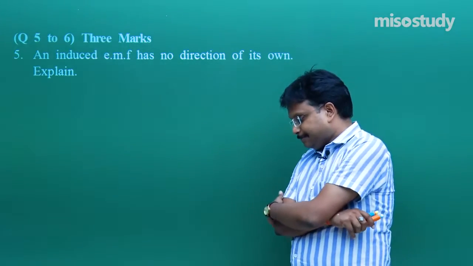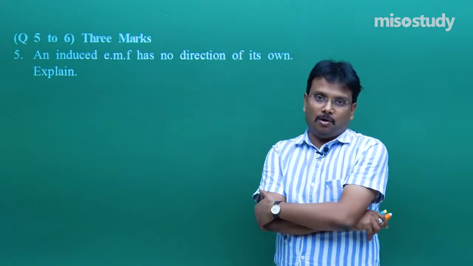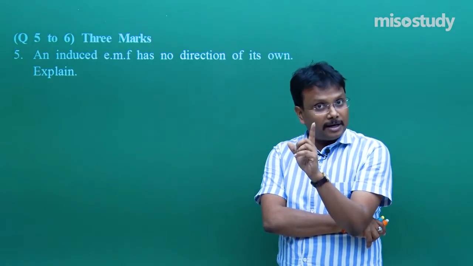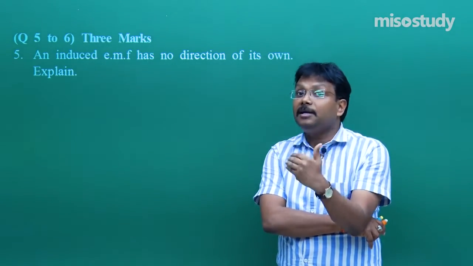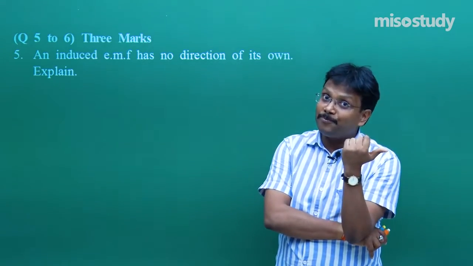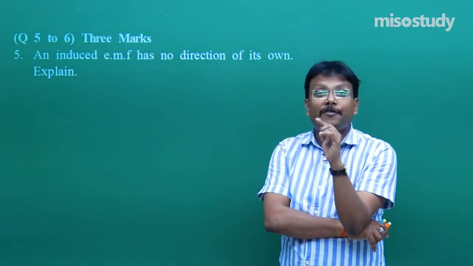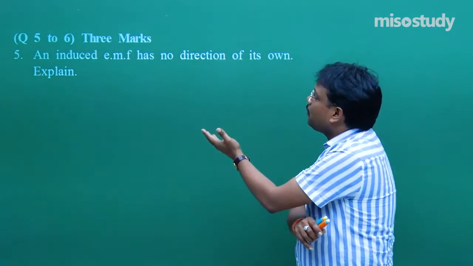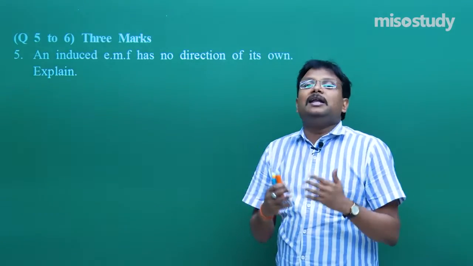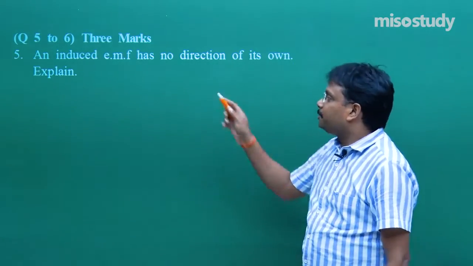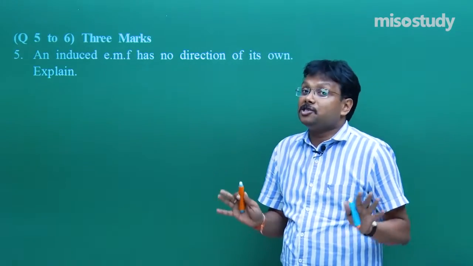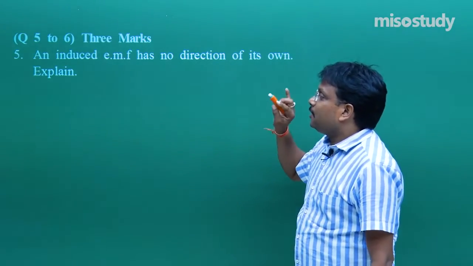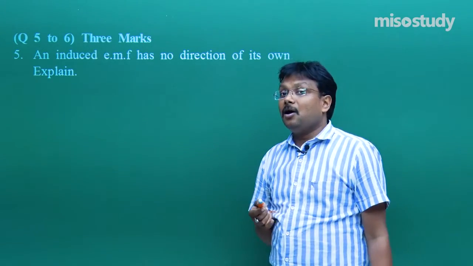Explain. Basically they want to know Lenz's law, because I very specifically mentioned Faraday's law of electromagnetic induction, that if you want to find the direction you have to use Lenz's law, because Faraday's law is based upon the conservation of energy principle. Fine. So this is basically the way of asking Lenz's law indirectly. So here you have to explain Lenz's law, because in Faraday's law the direction is not mentioned. Fine. So because of this reason, if in this question you write only Lenz's law,